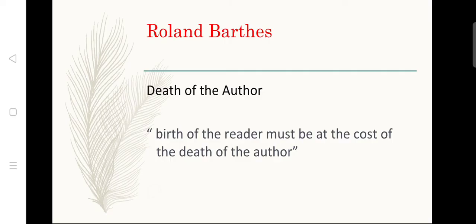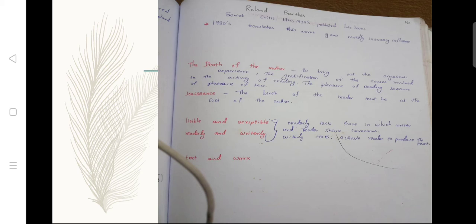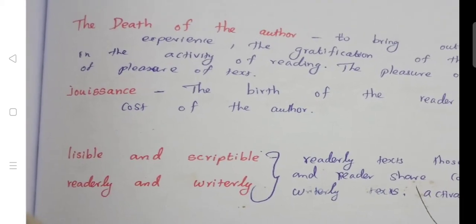Roland Barthes is another man. Death of the author is a famous concept, and jouissance means the birth of the reader must be at the cost of the death of the author. Take for example a writer who finishes his text at the end of the last page, his novel or poetry. After finishing his work of art, he has no authority to change the text. That is the death of the author. Jouissance is the birth of the reader, at the cost of the death of the author. That is a different term introduced by Roland Barthes. And legible and scriptable and readerly text and